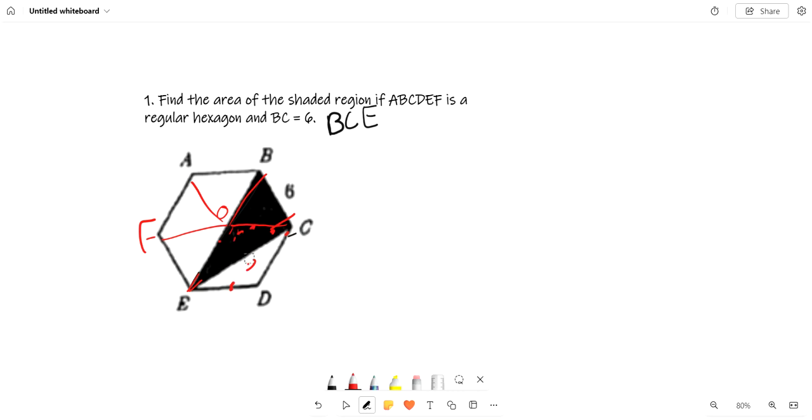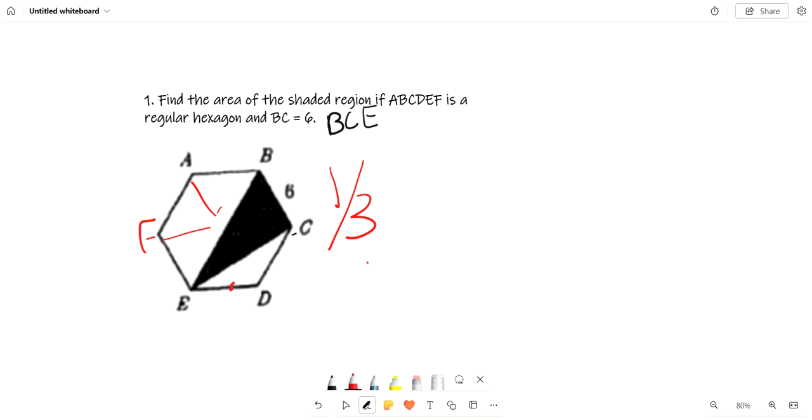So now we can see that these two, the shaded area, make up 1/3 of the hexagon. So now all we have to do is find the area of one equilateral triangle, which is this, multiply by 2 to make it the shaded area, and now we have the answer, right? So